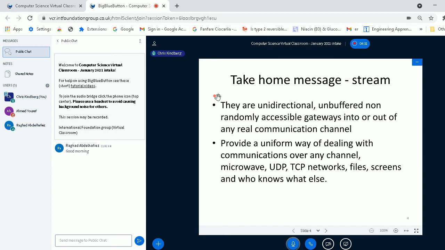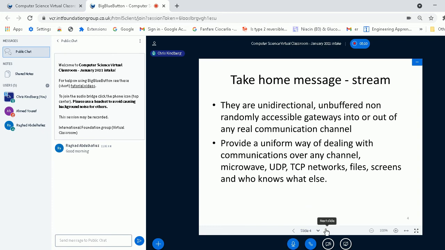And very importantly, from a programming point of view, because streams are actually a software component, streams provide a uniform way of dealing with communications over any channel, whether it be microwave or UDP protocol or TCP networks or files or screens, and who knows what else.